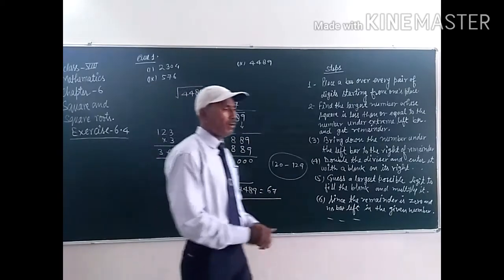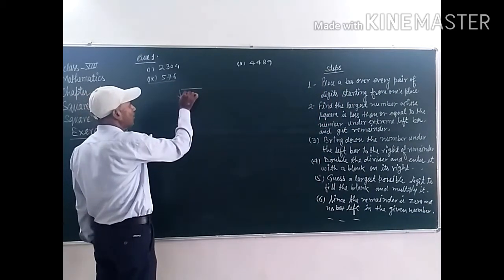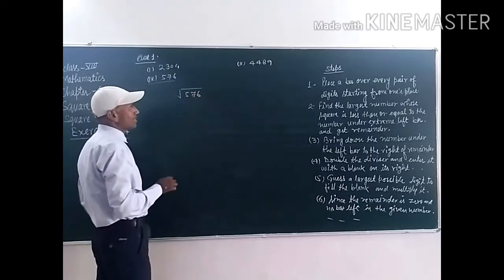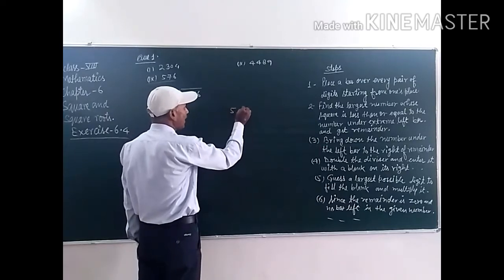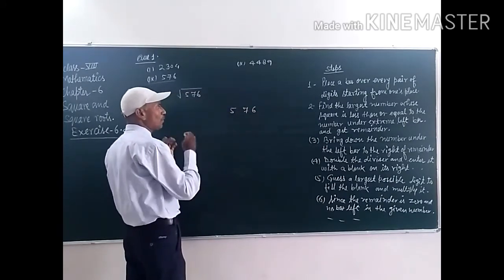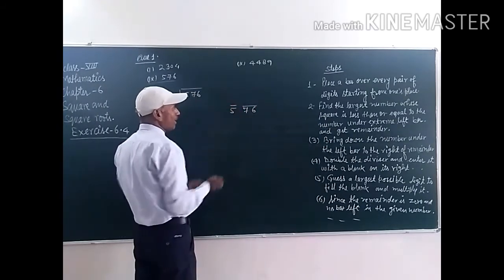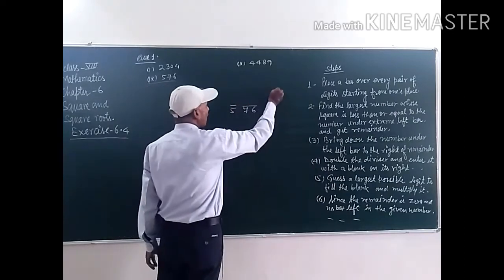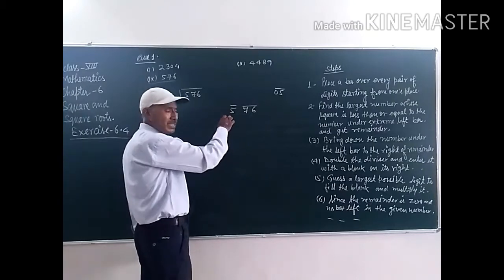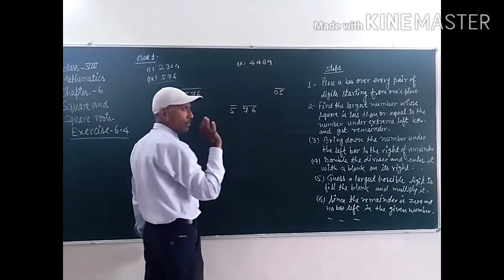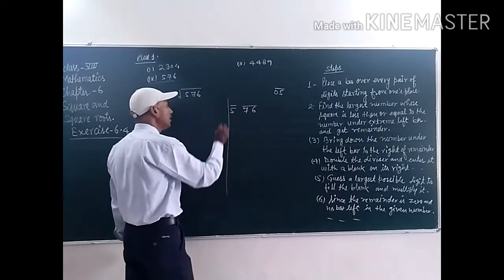Now we take another part, the ninth part. We have to find the square root of 576 using the long division method. So write the number 576. From left to right we put the bar making pairs, and this single digit we can write as 05. This is in a pair, but the value of this number is 5 only. So leave this number alone and make this type of arrangement.